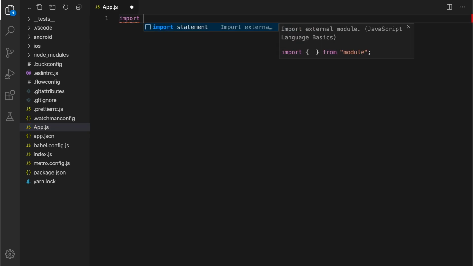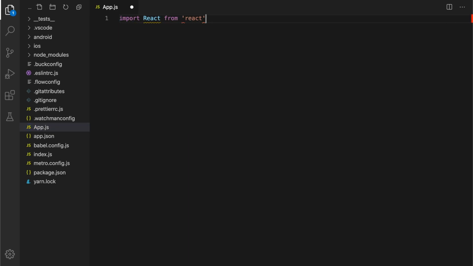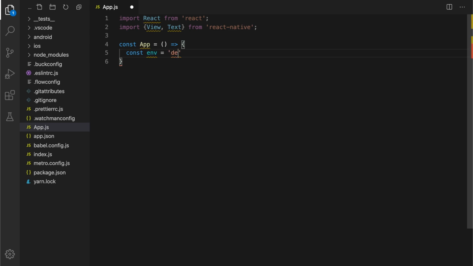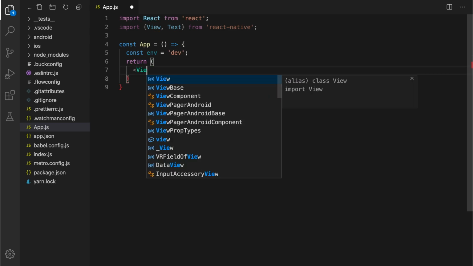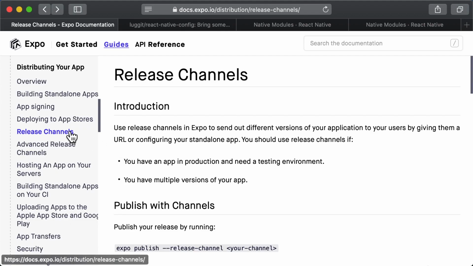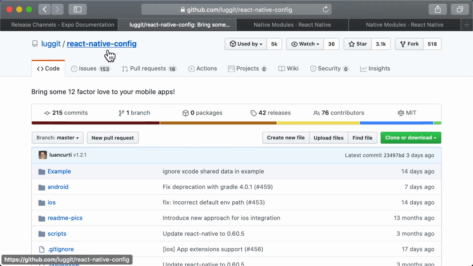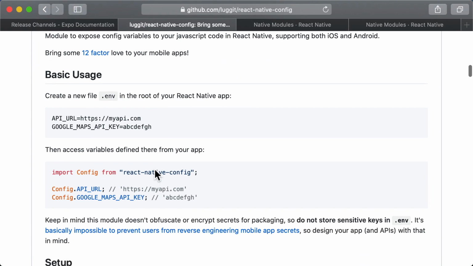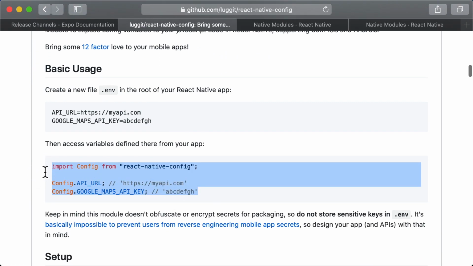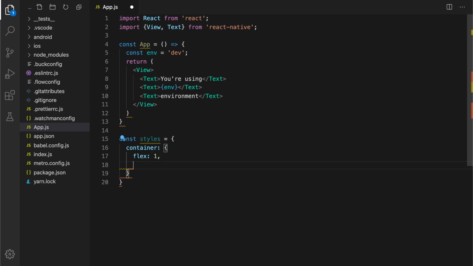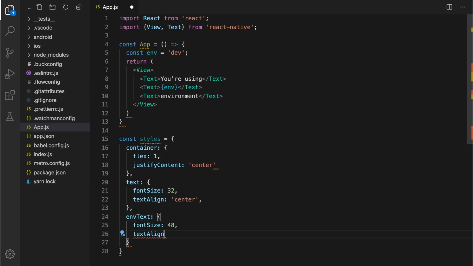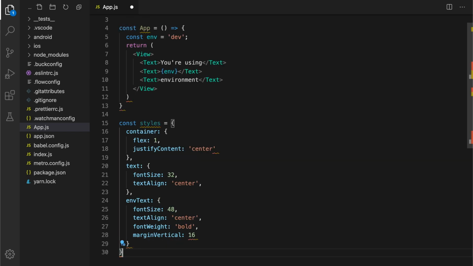Software deployment usually has more than one environment, for example, development, staging, and production. Unfortunately, React Native doesn't come with the solution right out of the box, so we need to come up with one ourselves. For a simple solution, you might want to use Expo or check a third-party module like React Native Config. It gives you step-by-step setup for environments easily. But for a more complex scenario where the difference between environments is not just a list of strings, we just need to do it more manually.